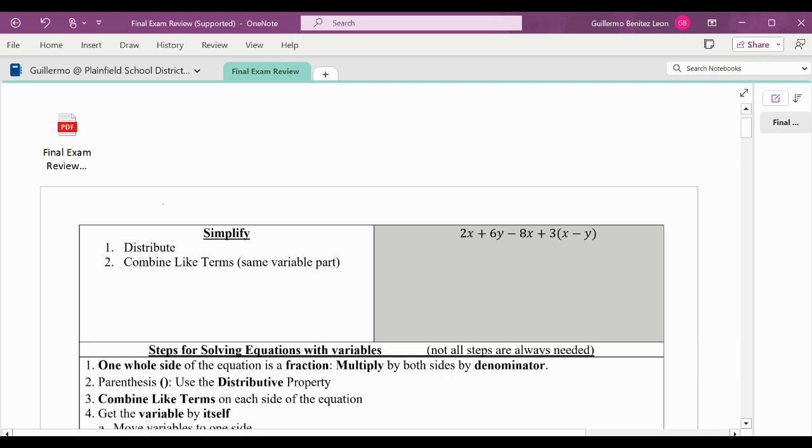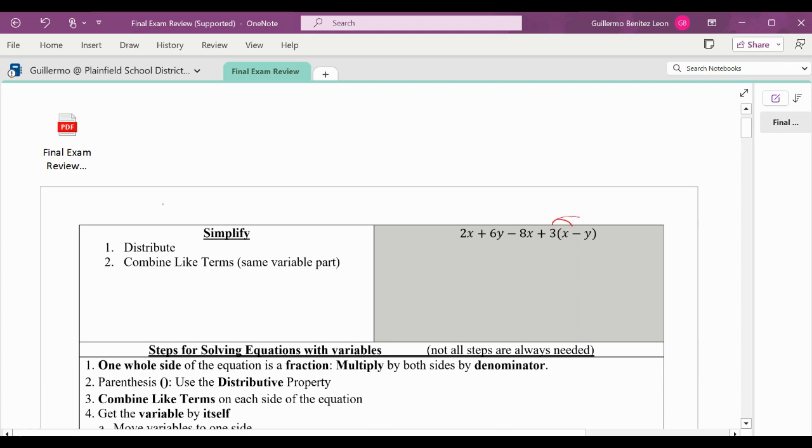In this video, I am going to be going over the first final exam review along with the built-in supports where you had to complete the gray boxes. In this first gray box, all they want us to do is simplify. The steps to simplify are distribute and then combine like terms. So I'm going to start by distributing